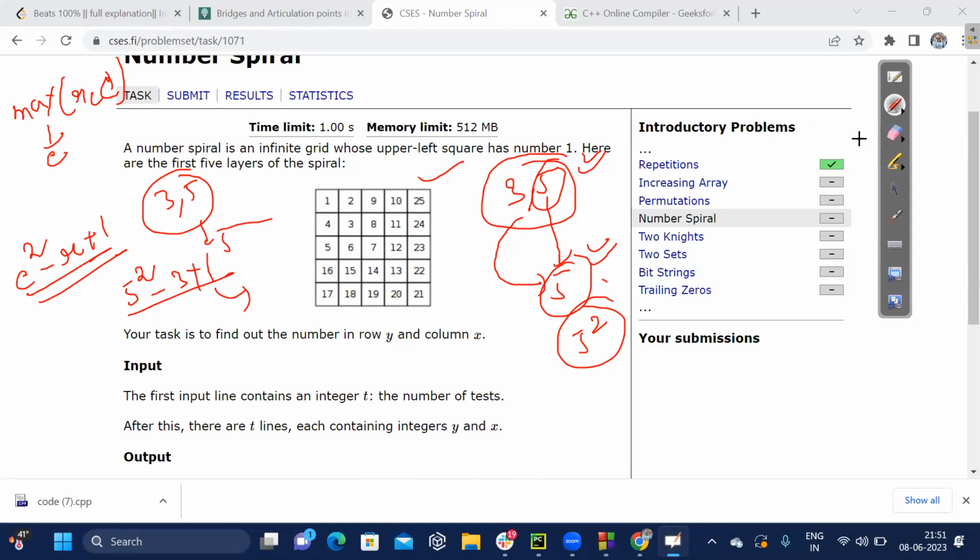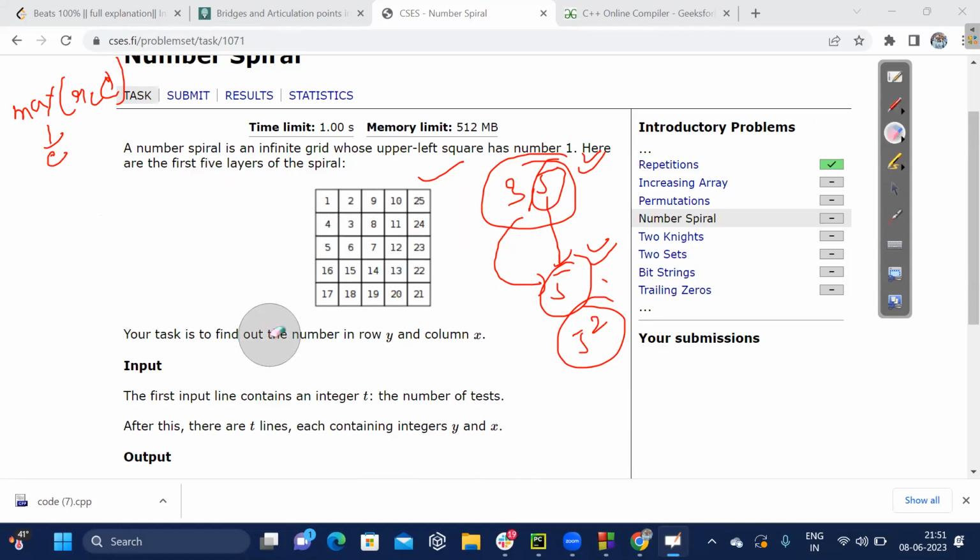So here there can be two cases. What are the cases for us? The column can be odd, the column can be even, correct? If it is odd, then I know this is a row driven sequence. So for this, the required number is column square minus R plus 1. If suppose it turns out to be even,